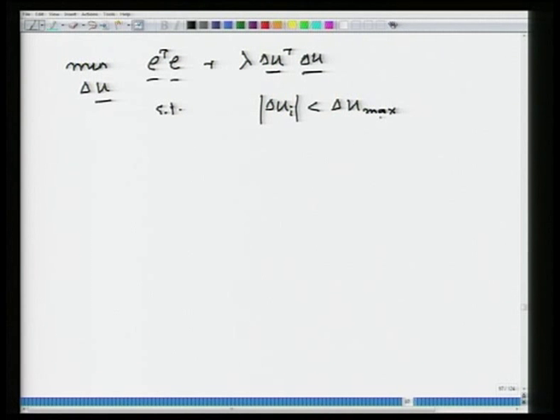Okay. So, there will be this constraint, and of course, there is always the constraint that the actual signal to the valve, which is U, should be between U min and U max, where U max would typically correspond to a fully open valve and U min would correspond to a fully closed valve. All right. So, for solving this problem, this now becomes a constrained quadratic optimization problem,